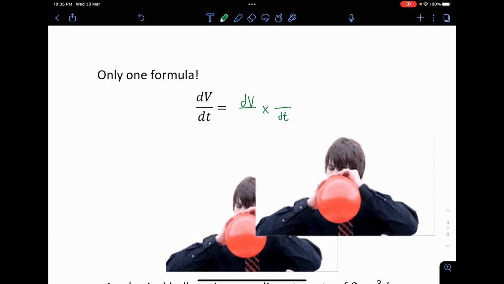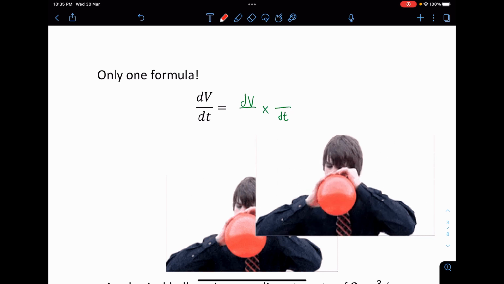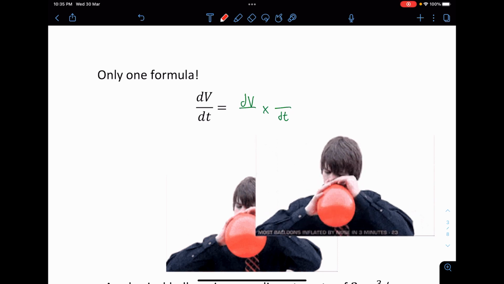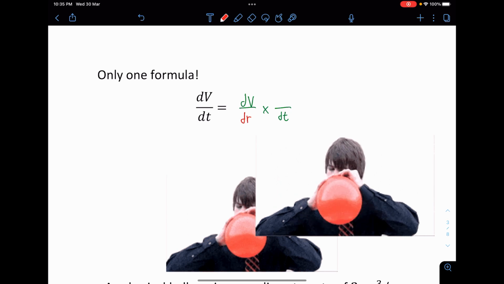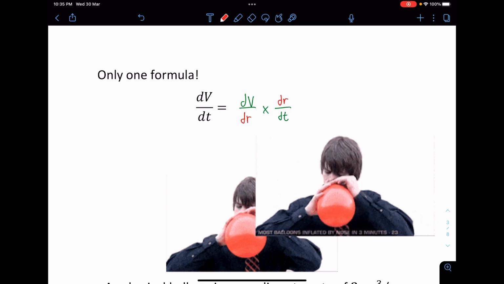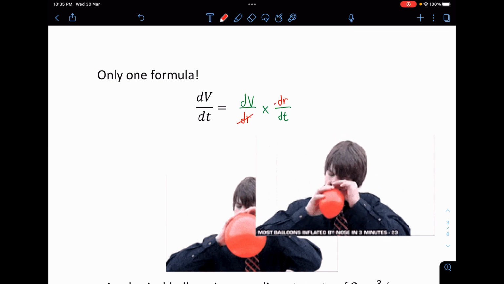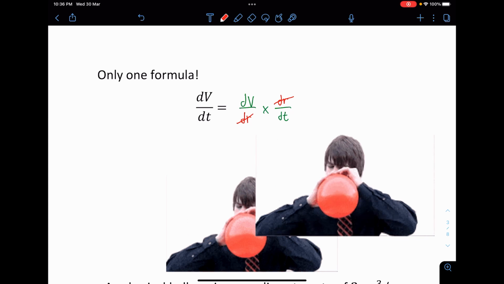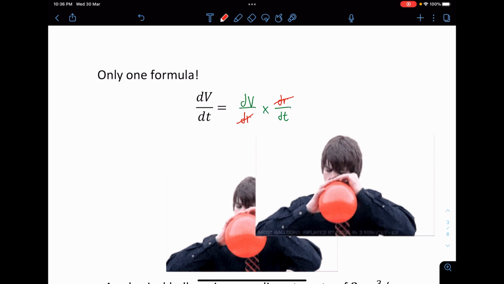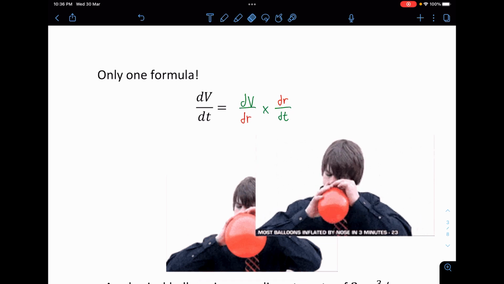Okay, now you see the two blanks that I actually leave alone are going to be something that is equal. For example, maybe r being a radius, dV over dr equals dV over dr multiplied by dr over dt. Now the concept of this formula is that you are able to cancel the dr, and you will see that I'll get dV over dt, just like the left hand side. dV over dt equals dV over dt. But that's just the concept. I'm not literally going to cancel them.